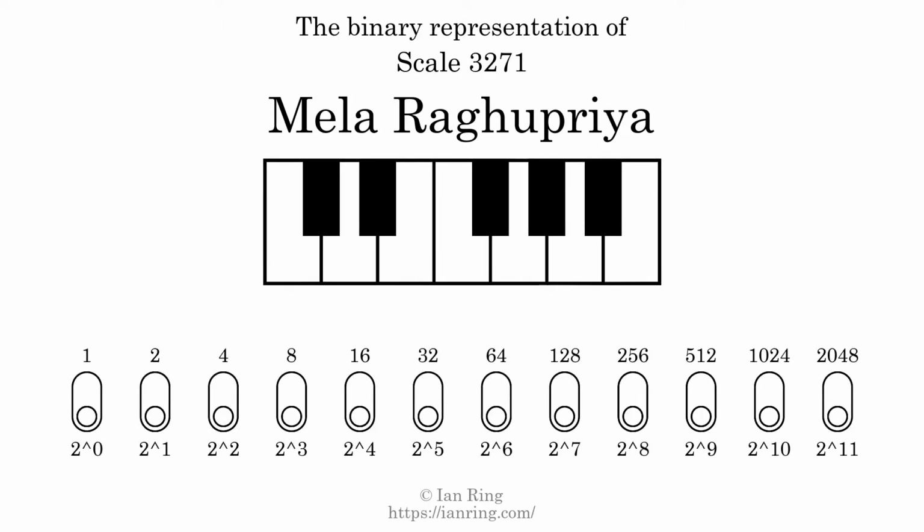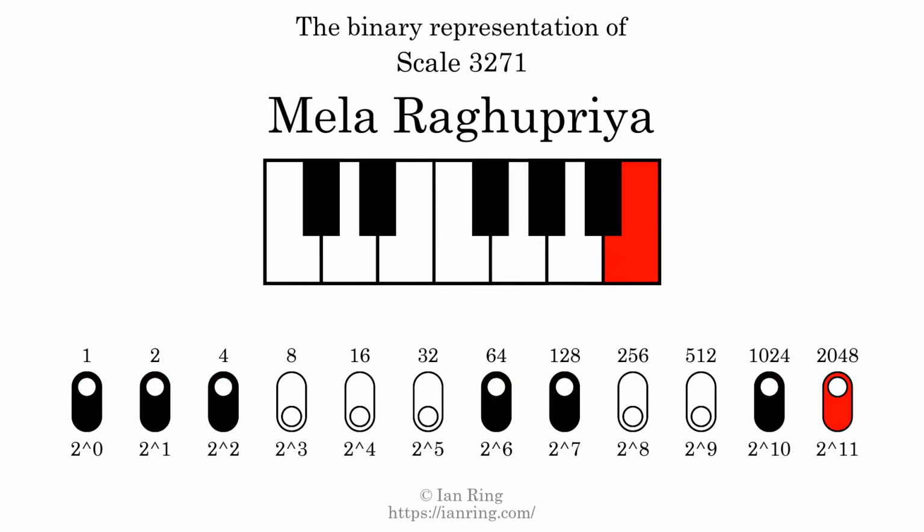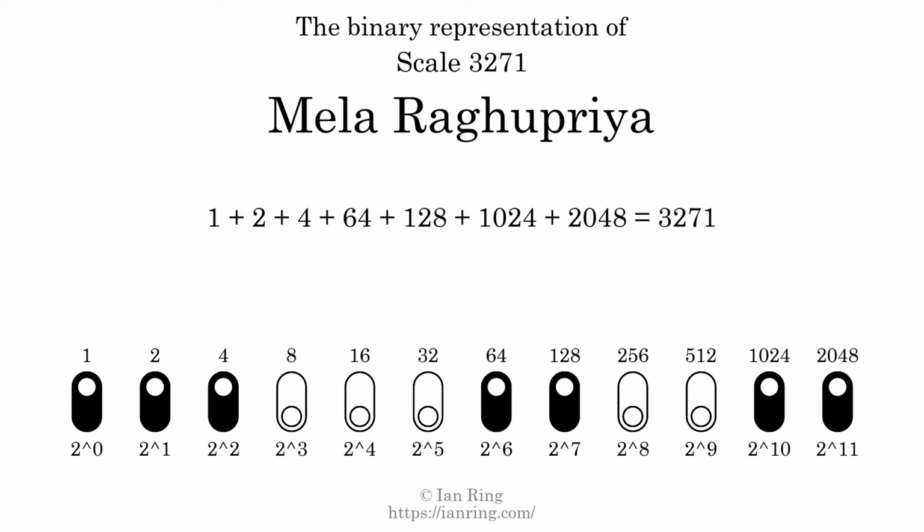The binary representation of this scale is determined by mapping tones of the scale to binary digits. Each binary digit represents a power of 2. To get the scale number, we add the powers of 2 together. The powers of 2 that are present in the scale, all added together, equals 3271. That is why the scale number, in decimal, is